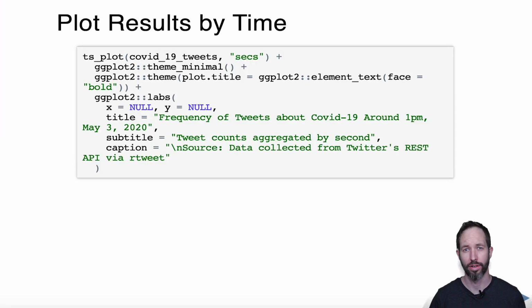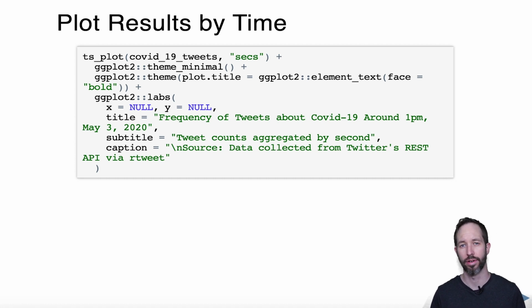So suppose you want to go a little bit deeper and probe into those results that you just generated using search_tweets. Suppose, for example, you want to look at the frequency in which those tweets were shared over time. rtweet has a number of interesting visualization tools for you as well, including the ts_plot function, which you're seeing here. Now what we do is we take the output of the search_tweets function and put it into the ts_plot function as an argument. Then we specify a certain time increment, and you may have to play with this a little